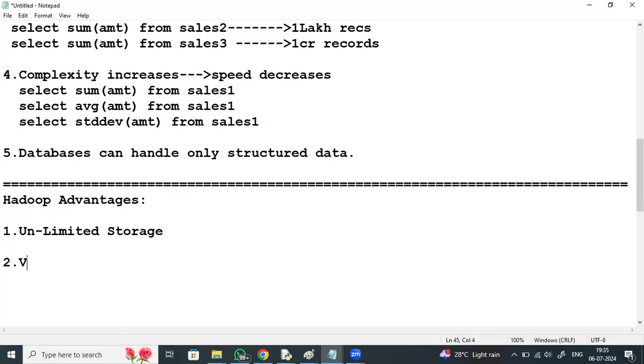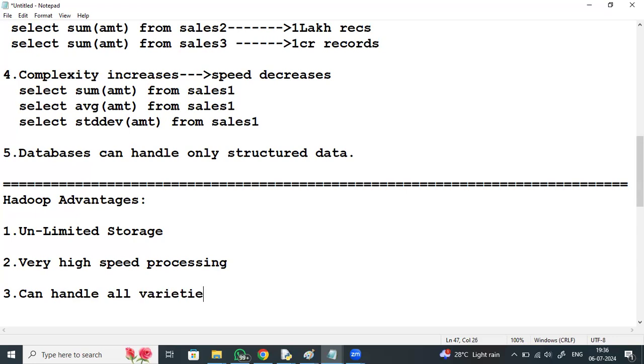Very high speed processing. Unlimited storage, very high speed processing, can handle all varieties of data.